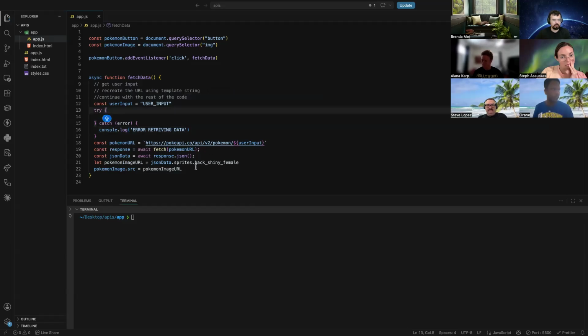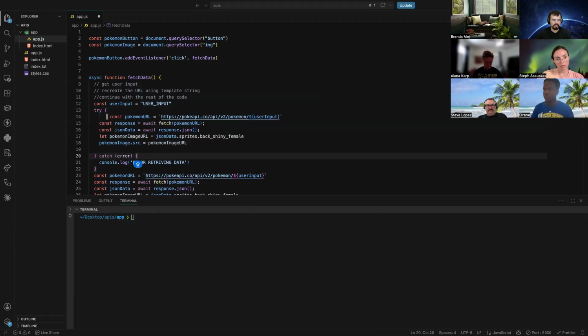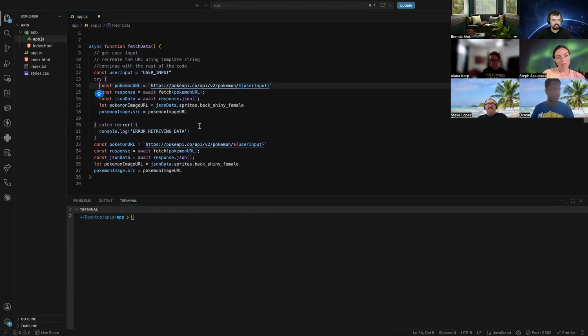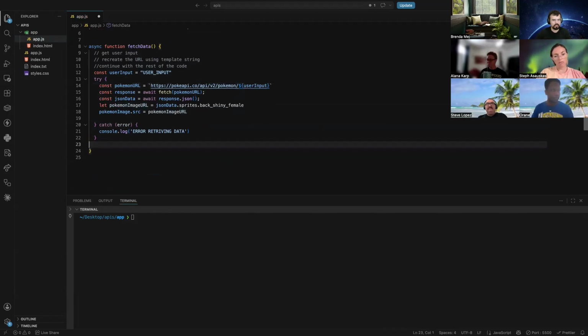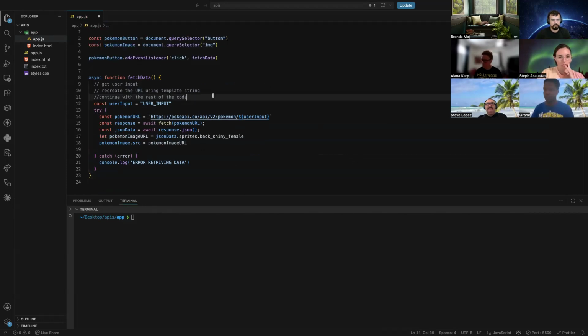And here you would put your actual code. This is a kind of half-baked example, but good enough. Something like this. So now when you write your API calls, pretty much all of them,